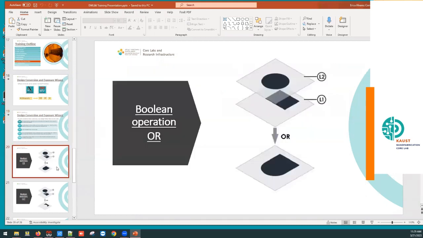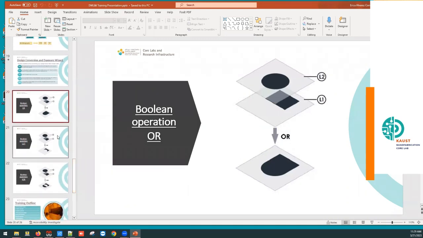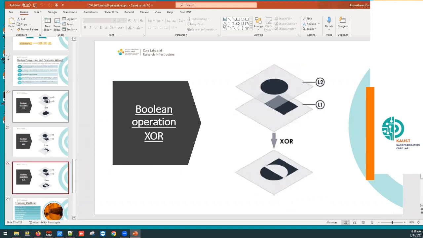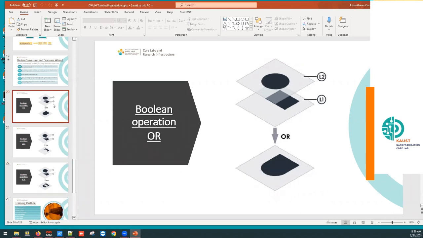Also, because I didn't show you in the program, there are several Boolean operations, or logic operations, that you can do if you have several layers and you just want to combine them. Here is just an explanation, because when you use the CIF format, it's not giving you these options. But when you are using GDS or DXF, yes, it's giving you the options to combine using OR,